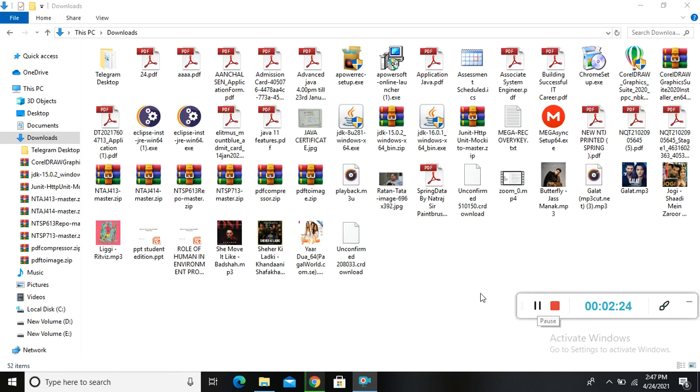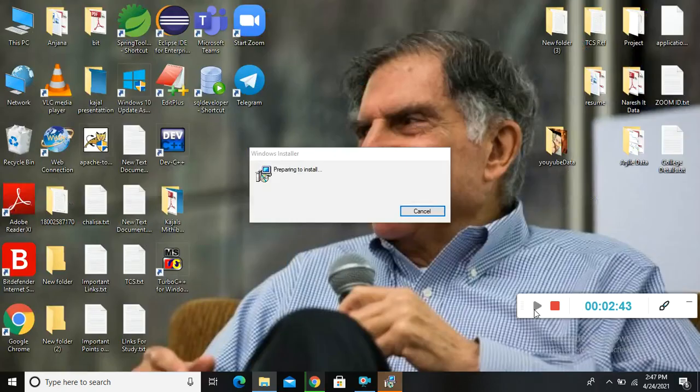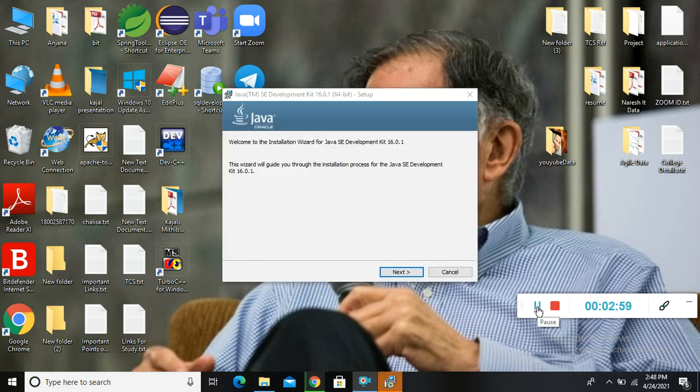Now after downloading, it came to the download folder. So here in my system it came, so I will double-click on this setup and then it will start. Okay, so double-click on the JDK 16 setup and we will see what is going next. It will take some time to prepare for installation, so you wait for that. Yes, now it has prepared the system for installation.